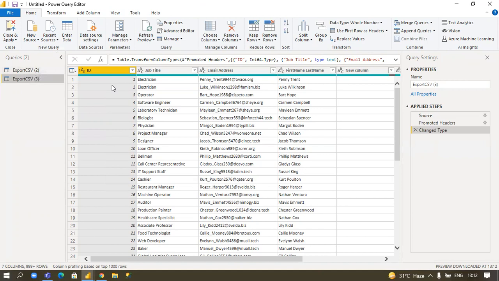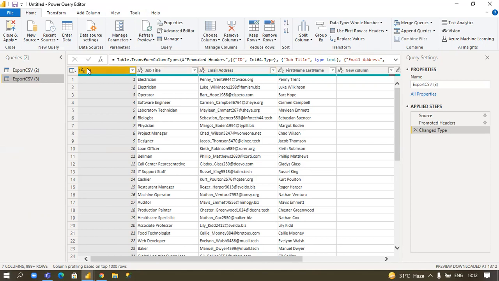The first thing I would suggest is that you check the column heading with the number format. Here you can see the heading of every column: ID, job title, email address, and so on.